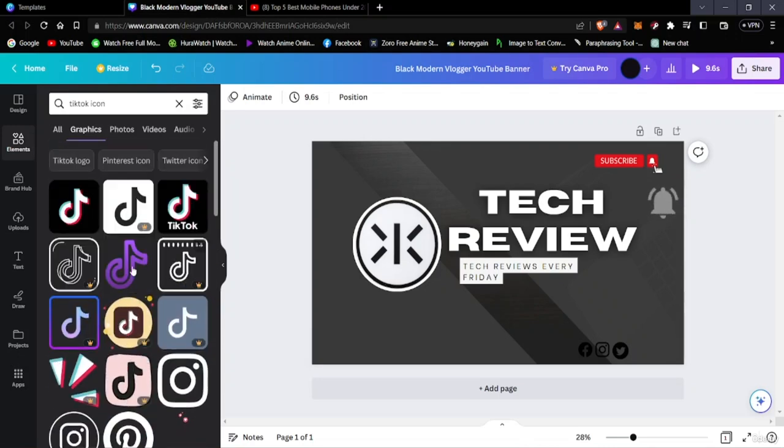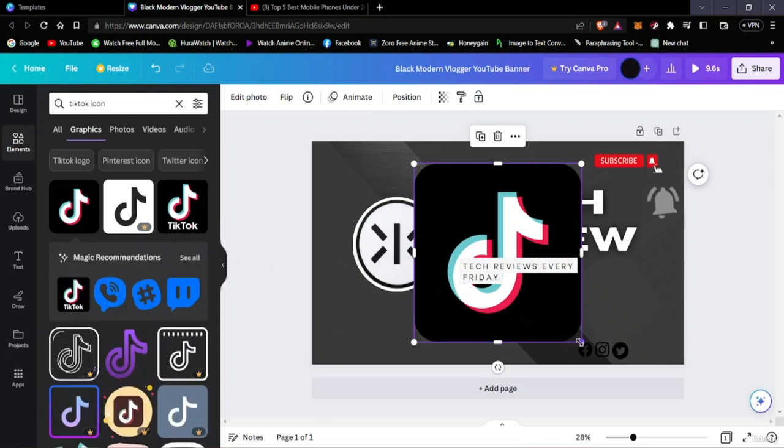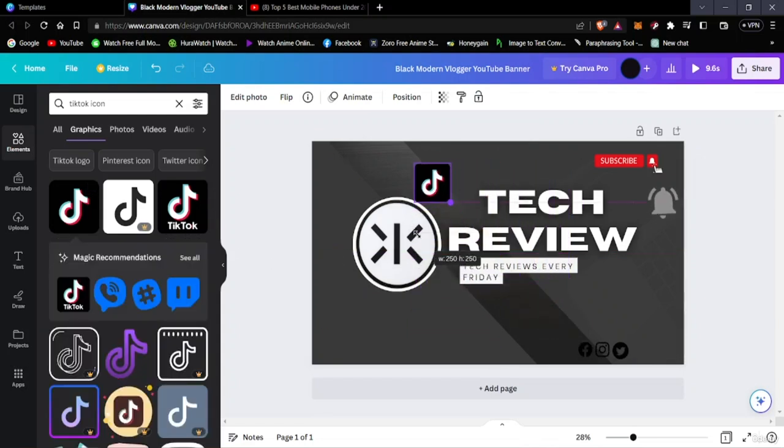So we have to do something with these instead. Okay, so I'm gonna take this one and let's see if we can do anything with this. It already has the black icon color, only the logo is a bit flashy, but that's not gonna be a problem. Okay, so we can actually adjust it like this one,